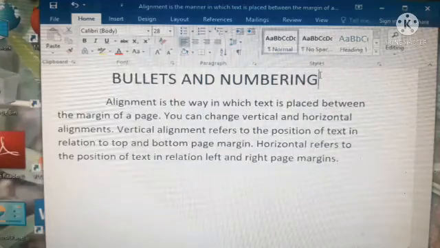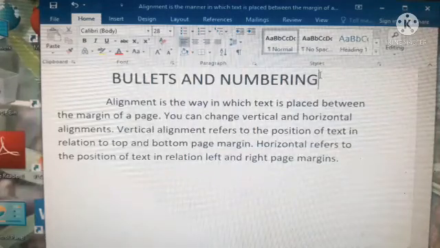Numbering is used with numbers. In numbering we can see numbers or letters for listing the text. It may be in number form or it may be in letter form. A numbering list is used when the order of items is important. A list with numbering is an ordered list. So bullets is used to list the items in an unordered list, but numbering arranges the items in an ordered way. For example, for the steps to find text in the Word document, you will use numbering.